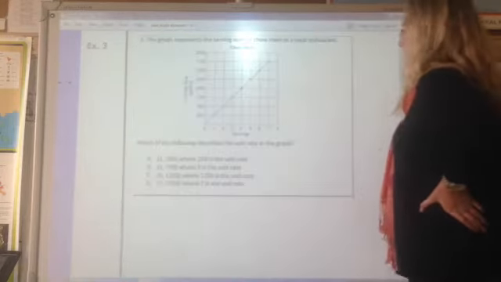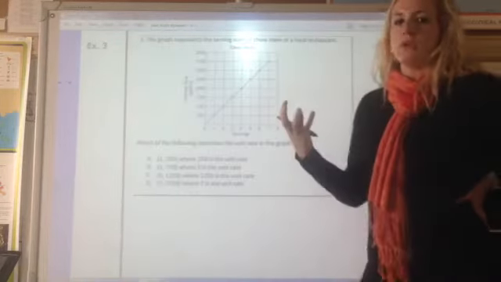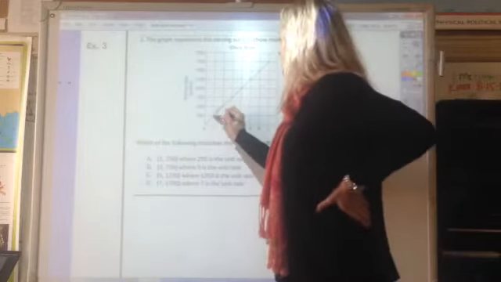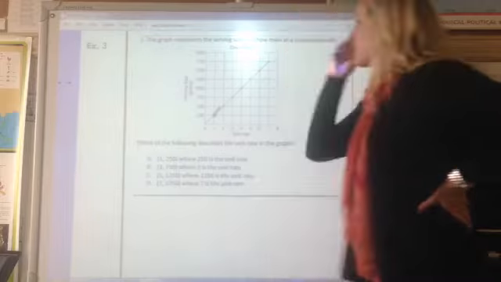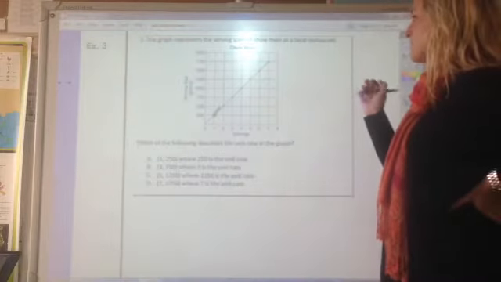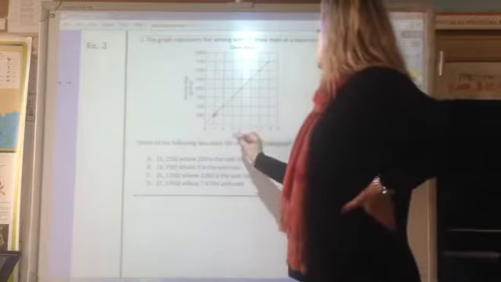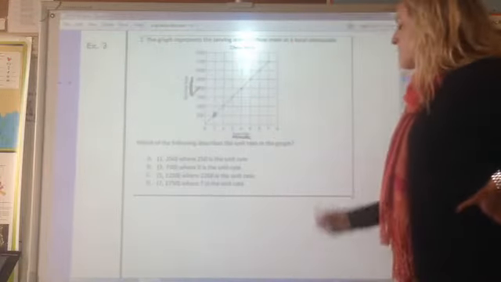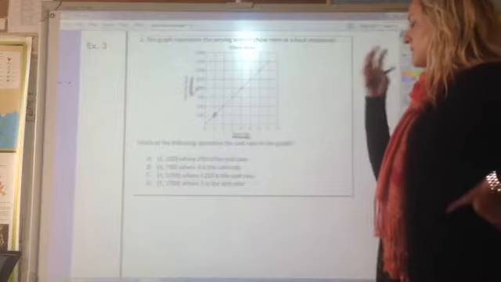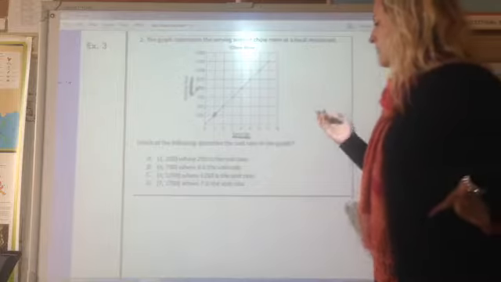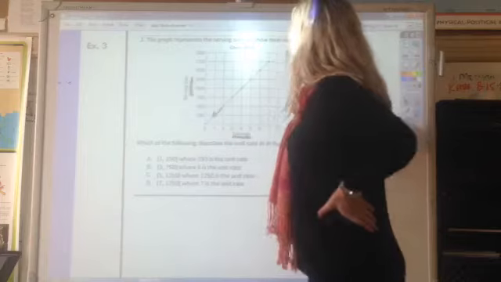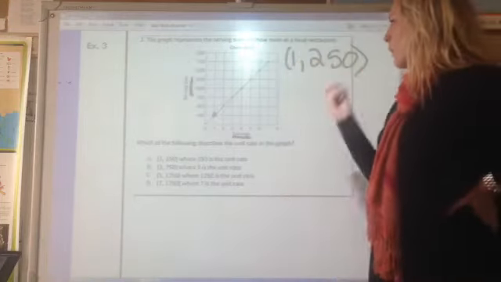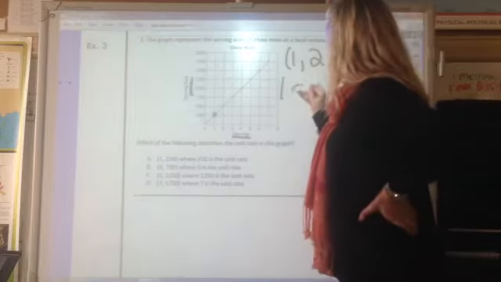All right, let's do one more example using a graph. We talked about unit rate, and remember, unit rate is wherever x is 1, y is my unit rate. So if I'm looking at this particular graph, this graph is comparing amount of servings of chow mein to serving size. My first thing I want to do when I'm looking at unit rate is figure out where is x equal to 1 on this graph. Well, x is 1 at 1 and 250. And if I wanted to write this in words, that means for 1 serving size,